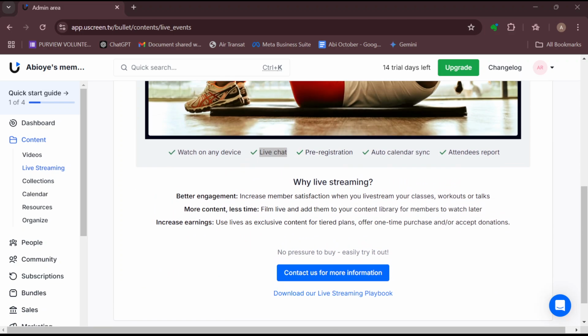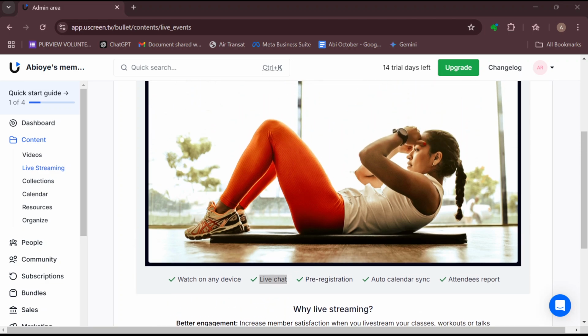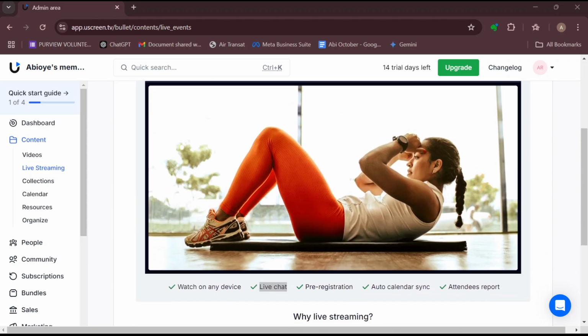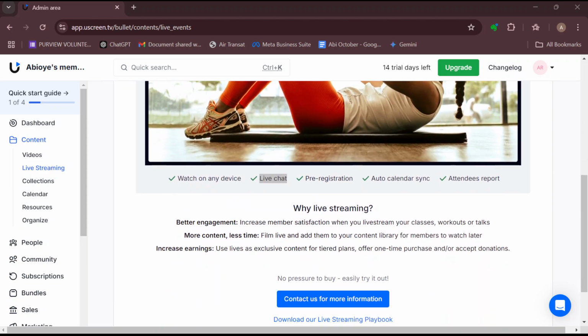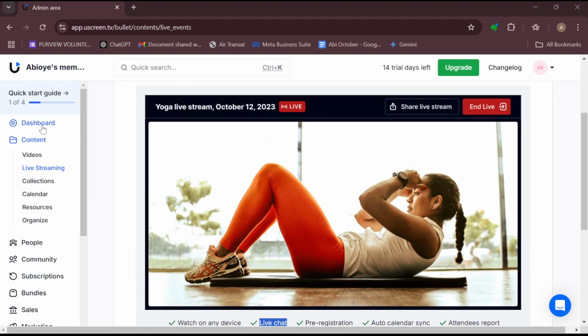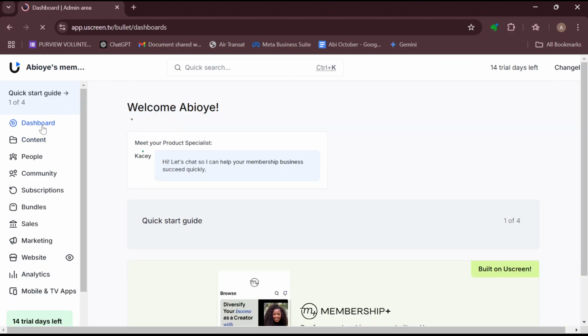details tab. Enable the live chat, and then once your live event is set up, start the event, and then logged in users will see a chat window on the live event page where they can type messages and interact with others. So this is basically the trick about how you can